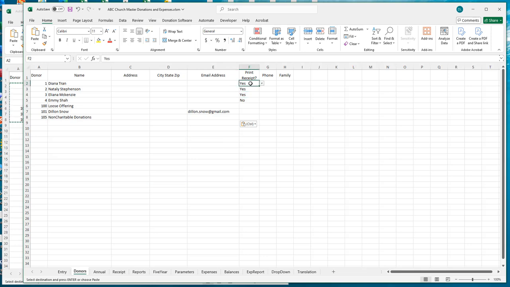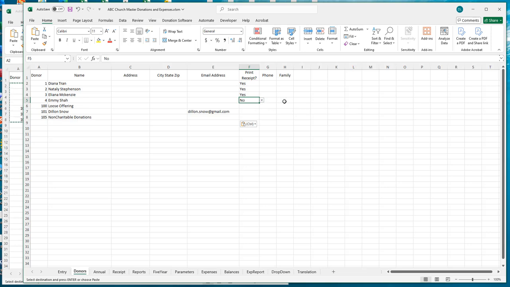What we don't have are the yes, no, and that's because in the newest versions this is really not the word yes or the word no, but it's a drop down so that you can choose yes, no, PDF or email. These are your options. Okay, so we want to extend that, not just yes, no, but the drop down capability. We want to extend that to all of our donors. So if we go to the last one here,